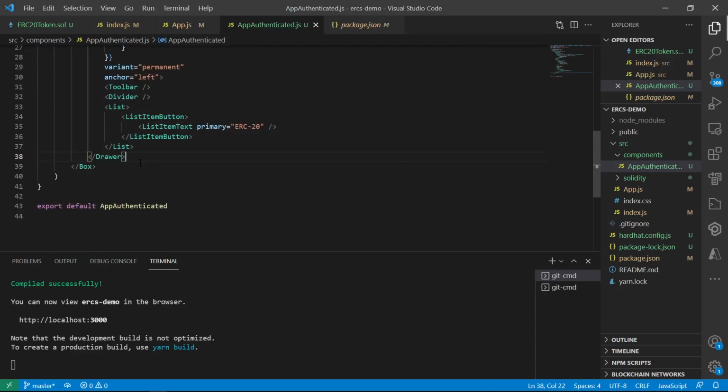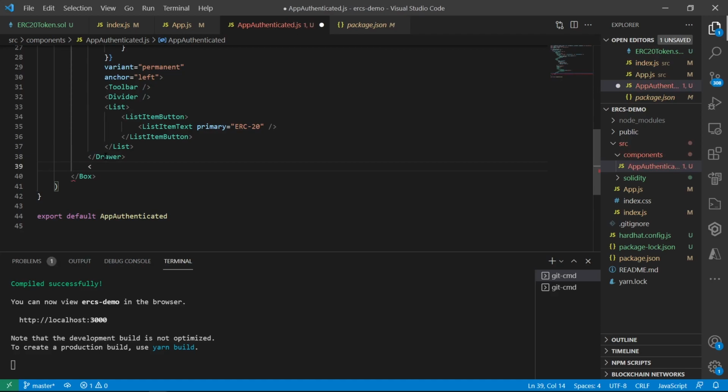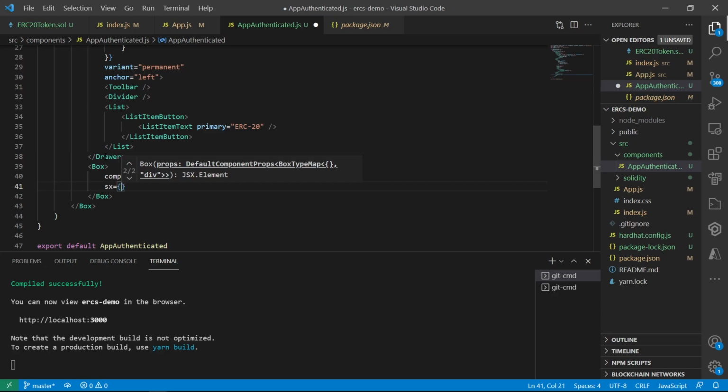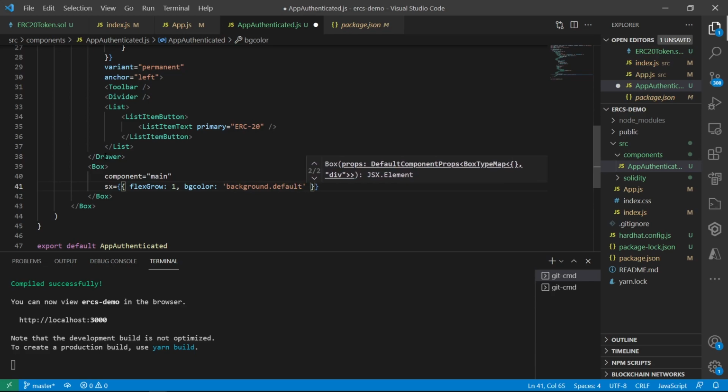This is great. And so now we have the drawer on the left, but we want the last thing, which will contain the buttons and everything to basically interact with the contract. So we're going to say, okay, component equals main, sx, just a little bit of style here, but not as much as previously. So flex grow 1, beige, so background color. We're going to say background dot default, then p3 for padding, and then we're going to close